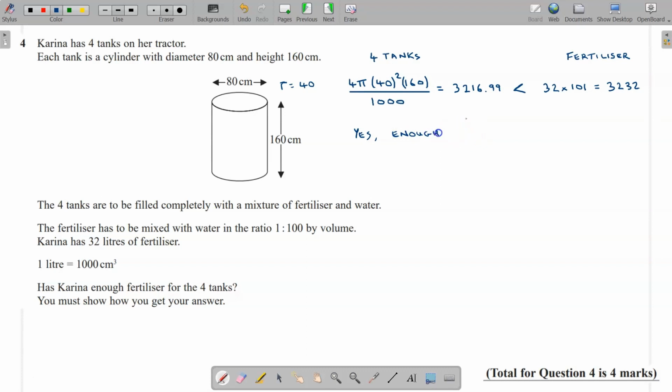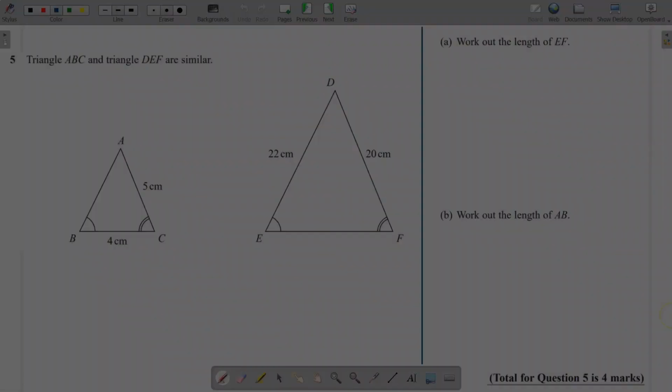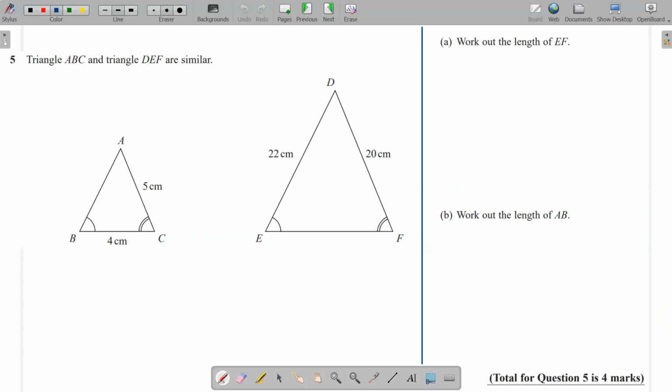And you don't need to restate that because it's up there. That's it. Okay, this question is about 2 similar triangles, and we've just got to work out lengths on